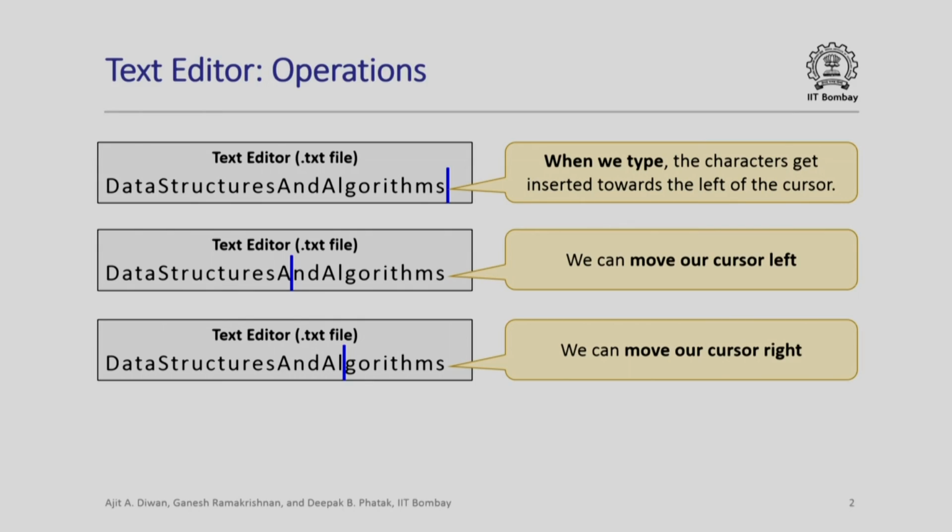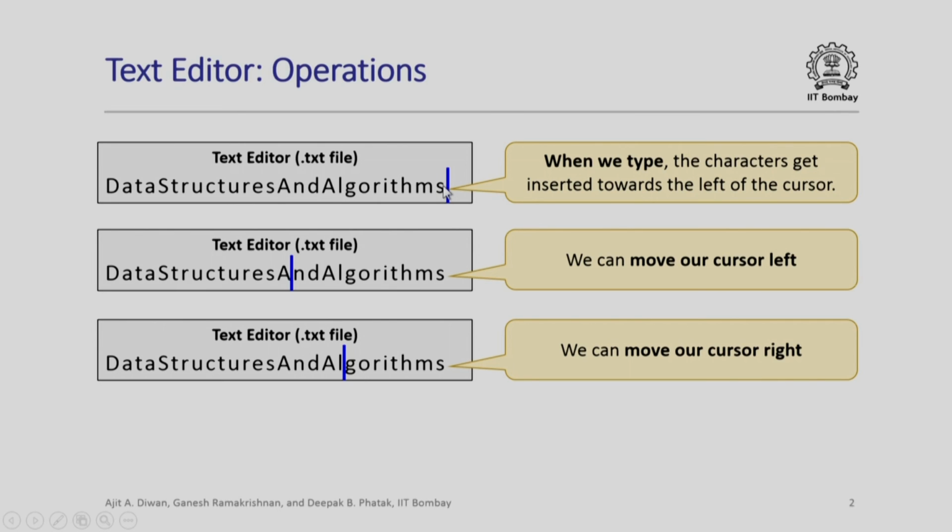First, some simple things. You must have used either gedit on an Ubuntu Unix system or even a simple notepad in a Microsoft operating system, where you have some text and you want to edit that text. Typically, you would see a cursor, and this cursor can be moved left and right. Whenever we start typing on an empty file, the characters start appearing on the left of the cursor and the cursor keeps moving ahead to the right.